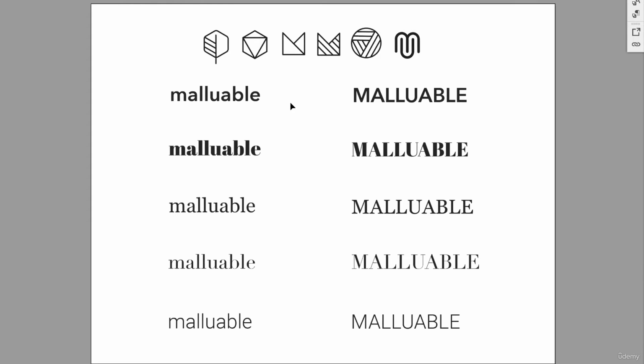So we have some great options here. We have lowercase on the left, uppercase on the right, and I like the way the lowercase feels. It feels softer, more approachable. The ones on the right feel stronger in strength. So let's see if we can touch up the spacing and the kerning between each character, because right now it's